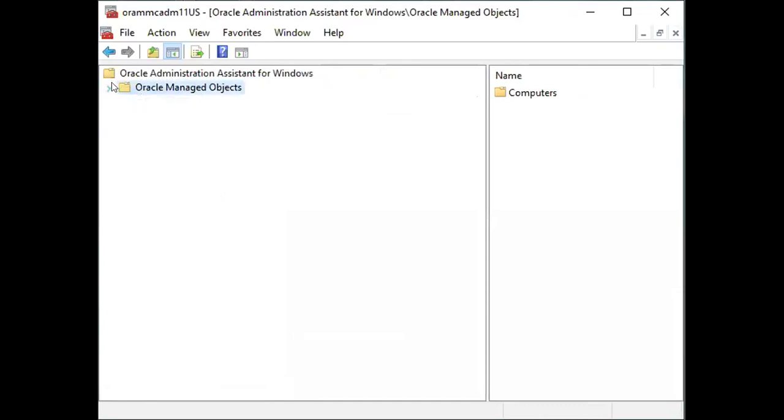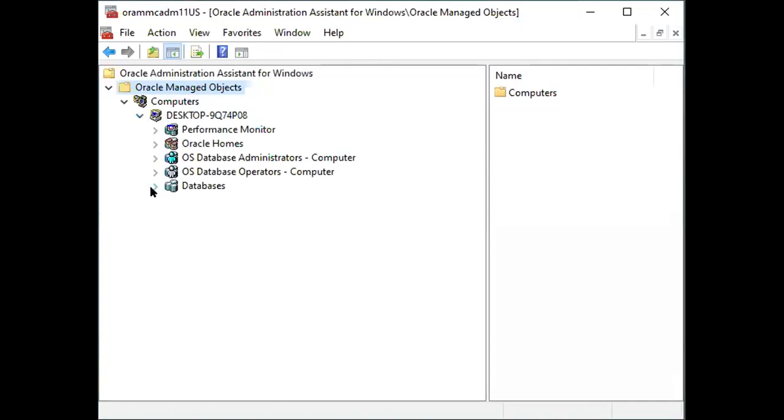This is what you will see, Oracle Managed Objects. Open up your machine. You might be very familiar with this name. When we did the INET address, you got this desktop name. You will get your database instance, ORCL.